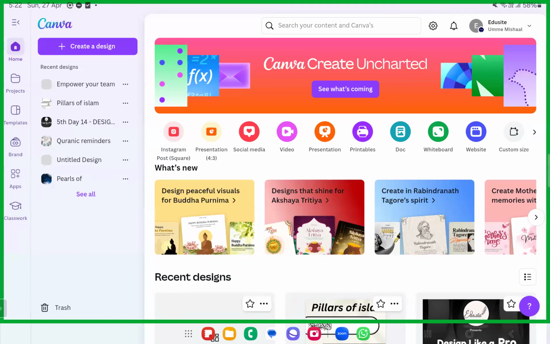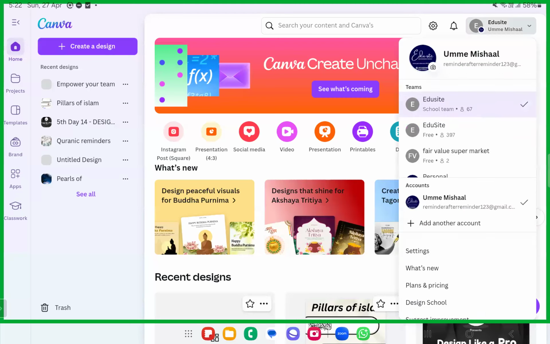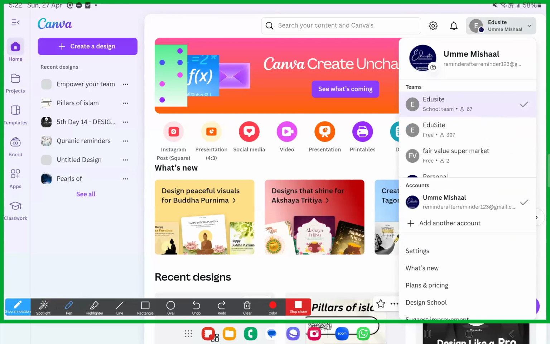Okay. So now, dear sisters and brothers, I'll show you how you're going to design your own website with Canva. Fine. You know, with Pro Canva, you cannot design it because you have to pay around 4,000 or something to generate a website. I'm going to show you how you can create a free website.